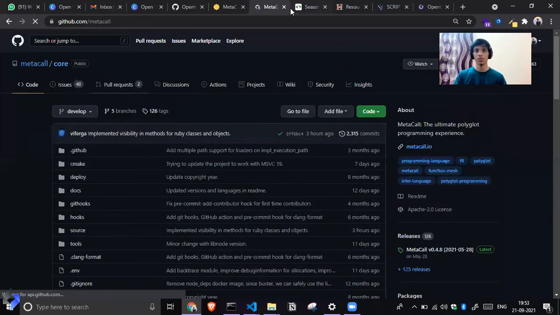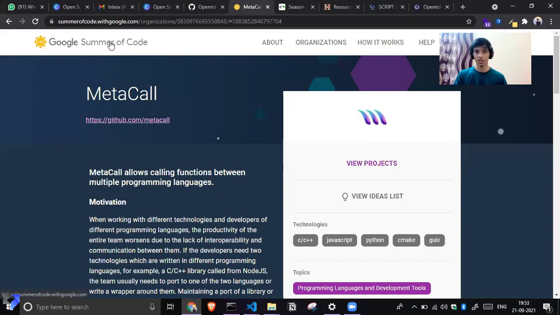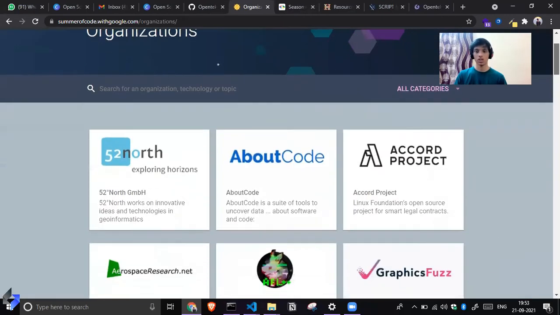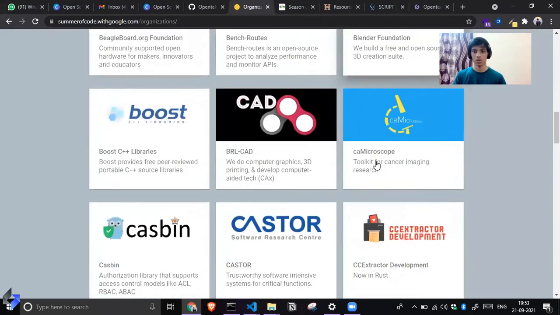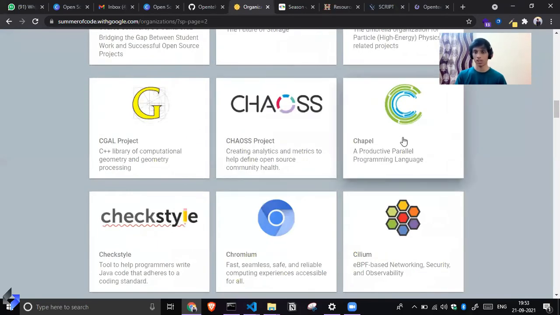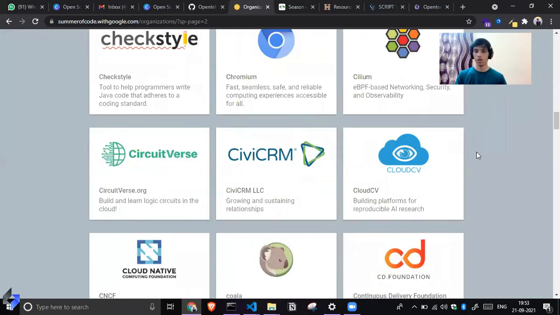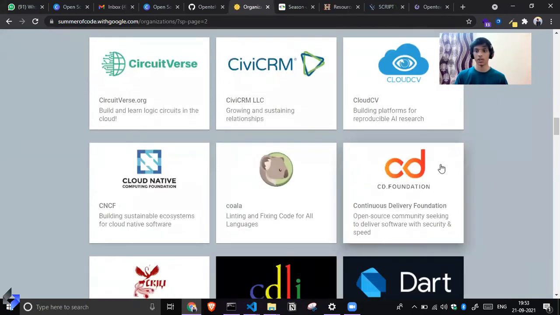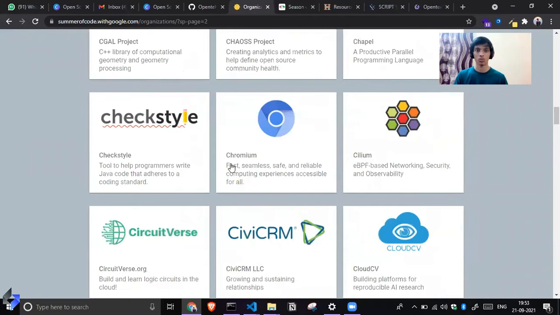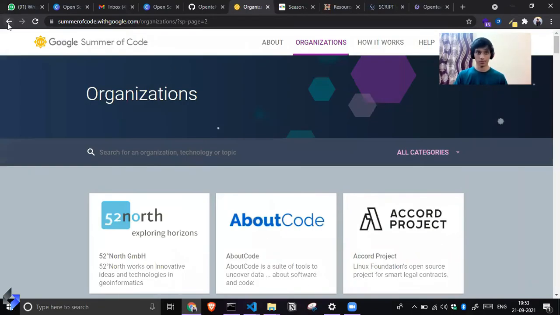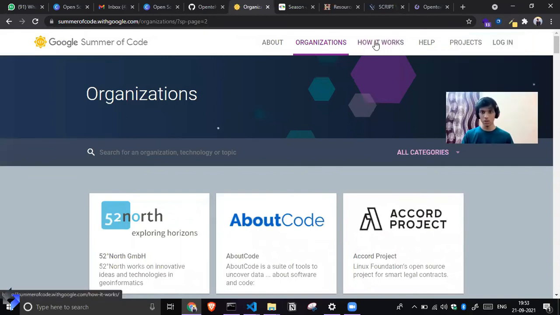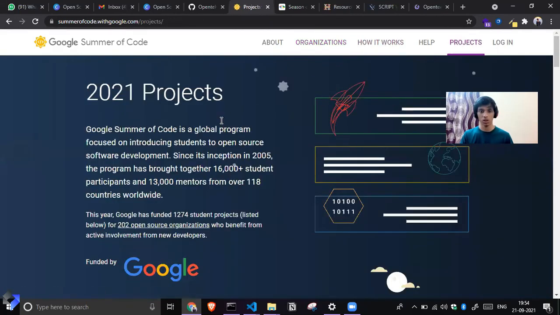Not particularly this one, but there are many organizations that participate in Google Summer of Code every year. There are a lot of organizations, and you have to make good relations with them. You have to show that you are genuinely interested in their organizations. Or else obviously they won't take someone who has no interest and is just doing it for the sake of Google Summer of Code, because Google Summer of Code is a very good opportunity for all the open source developers, but doing it for the sake of money and all is not appreciated in the open source community.